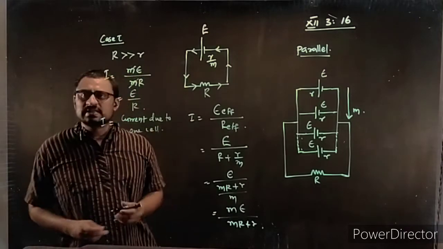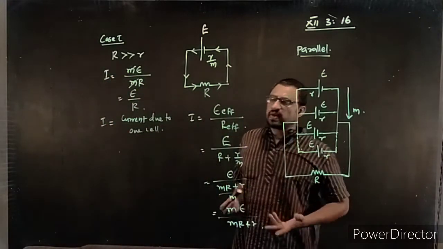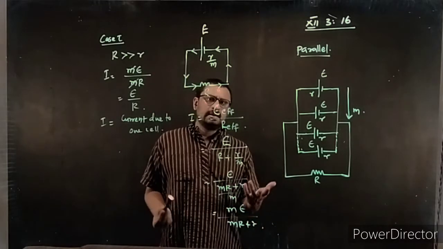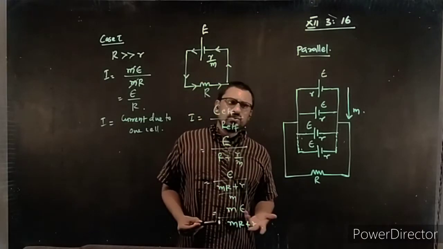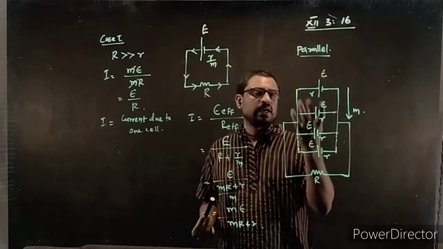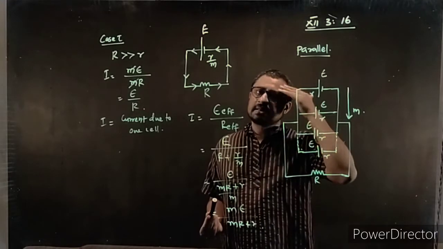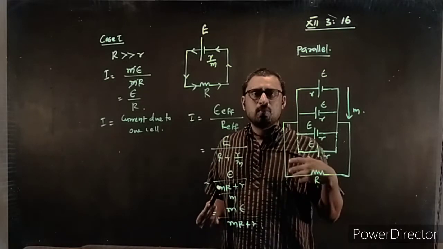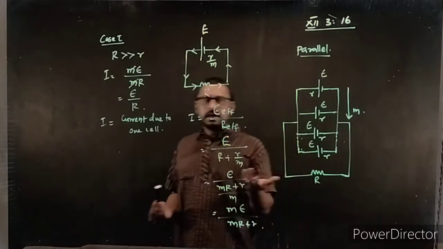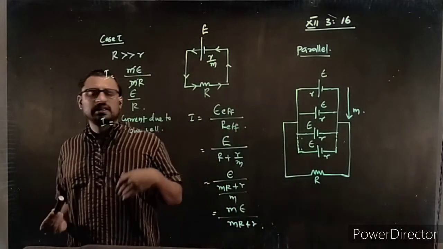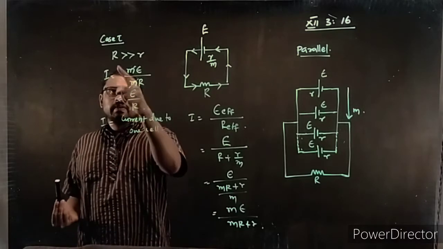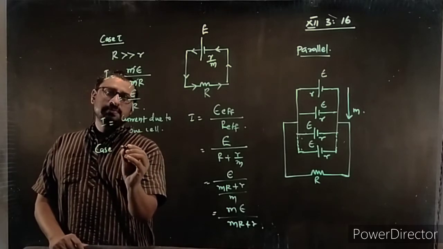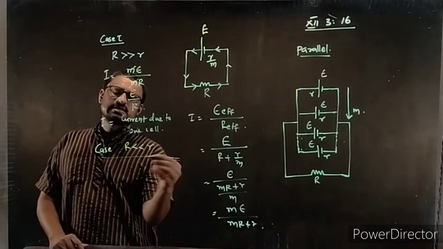Even though you connect so many cells in parallel, you are getting the intensity of current only due to one cell itself. So there is no use in connecting cells in parallel when you consider the intensity of current. But you should understand one thing, the current capacity will increase when you connect so many cells in parallel. Current capacity increases means current will flow for more time. That's what the current capacity means. Current will flow for more time when connected in parallel, but the value of the current will remain the same, whether you are connecting one cell or two cells or n cells, with the external resistance much greater than the internal resistance.